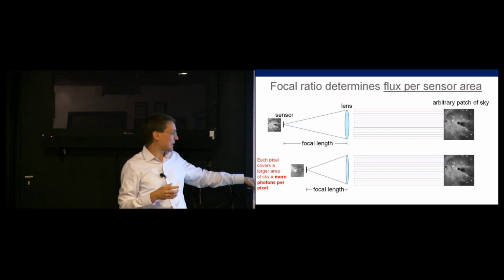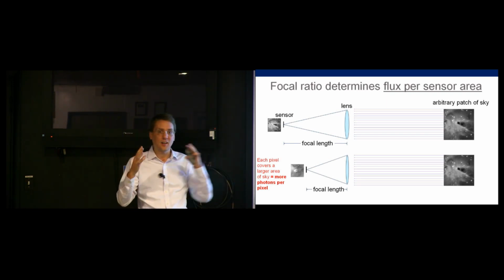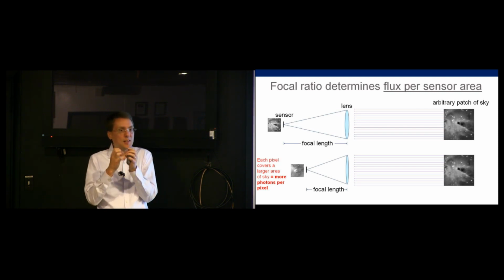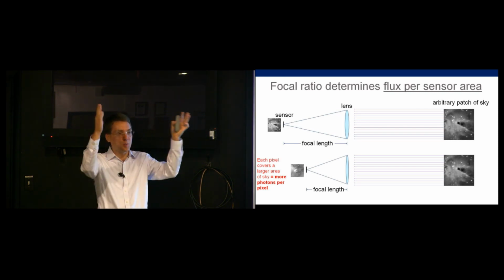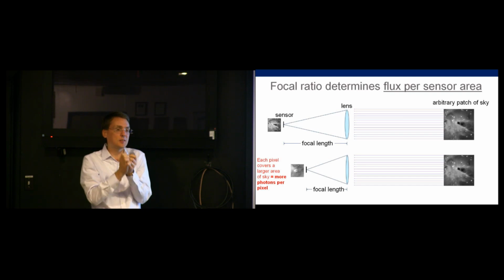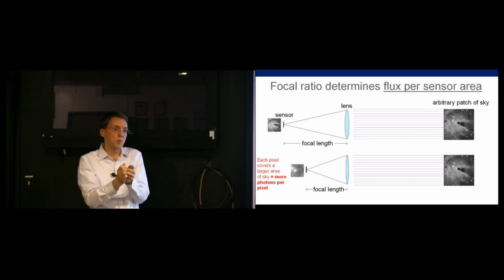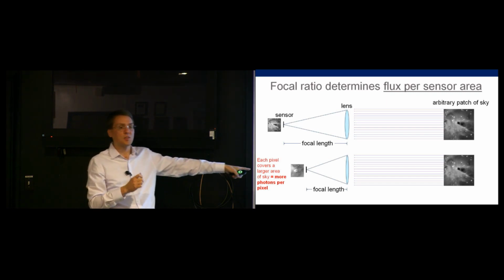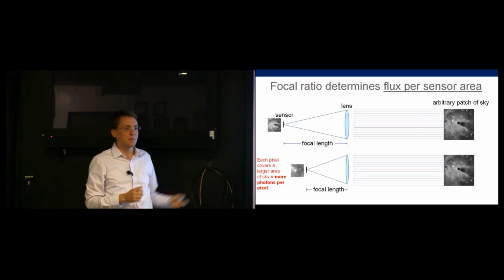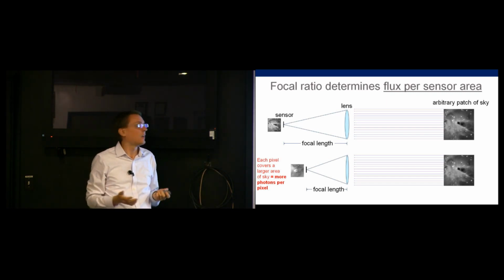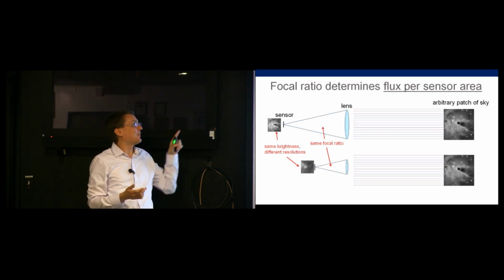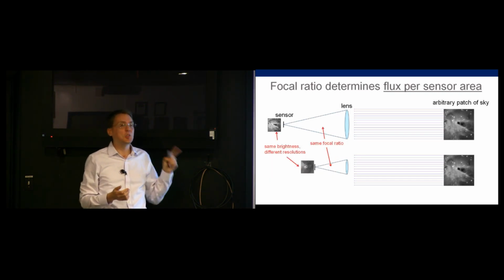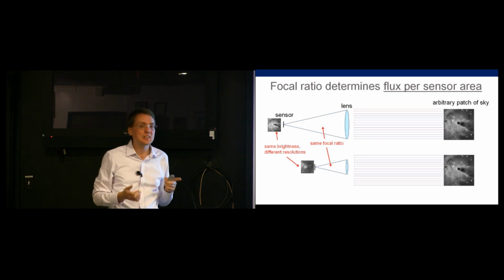So you're basically covering more sky and you're cramming it into a smaller space. You're taking photons from a larger region, cramming them into a smaller space. You get a brighter image, more photons per photosite. That's holding aperture the same. That's all obvious, right? But I said focal ratio is uniquely able to determine the flux per sensor area,